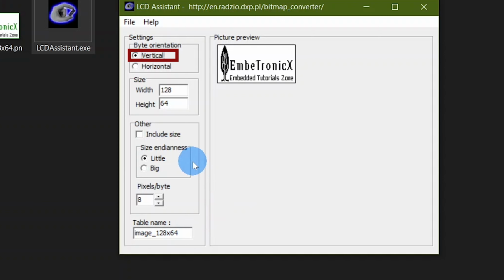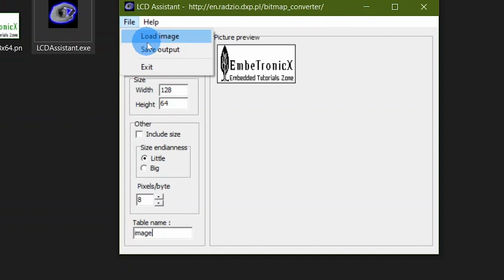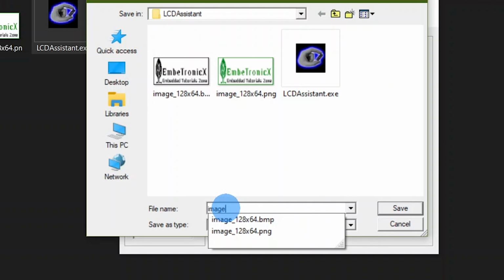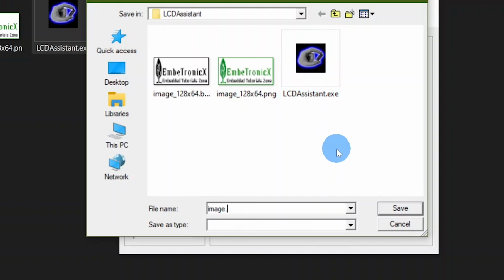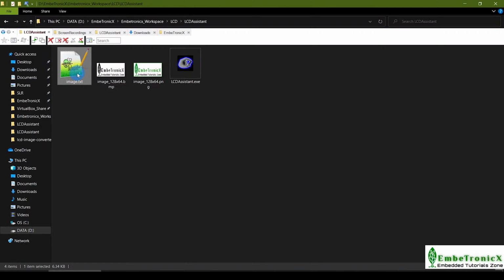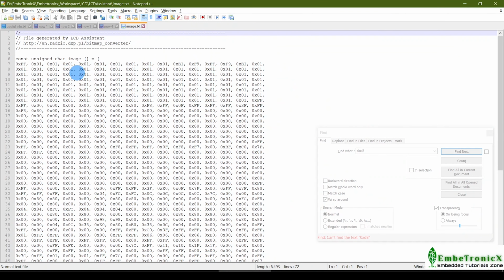Byte orientation should be vertical and keep the other settings unchanged. Finally, save the output. You will get an array.